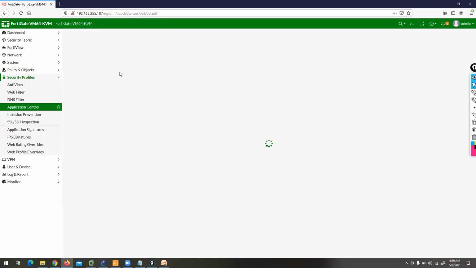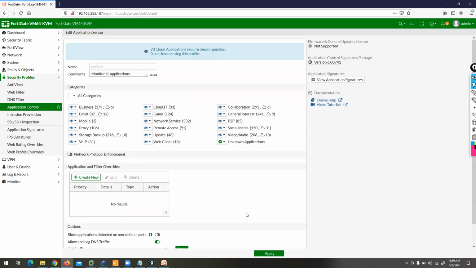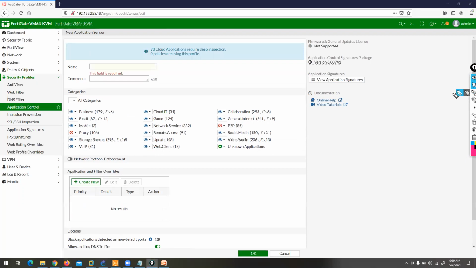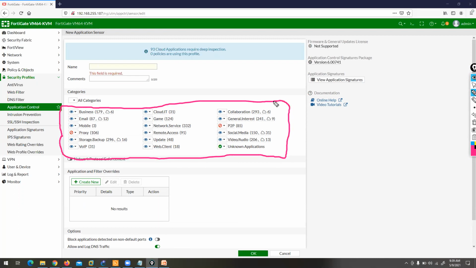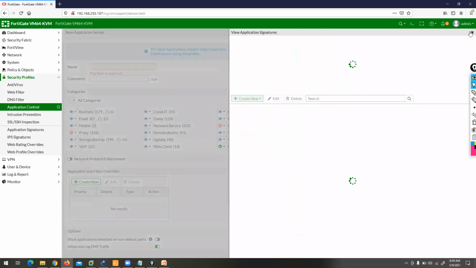If you click this default rule, all the information is on monitor. So it's a default policy. If you want to create your own, yes, you can click on create new, and you can create your application control profile. First you give a name, and here are the categories of application. Right now we are working with a virtual FortiGate firewall. I have a signature database, but this device is not updated. If you want to verify all your application signature information, you can click here, view application.